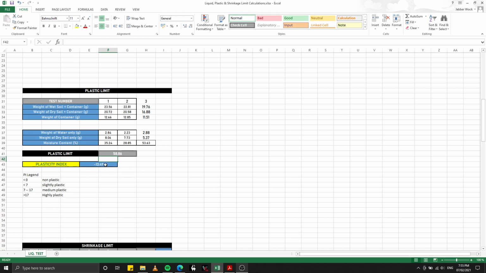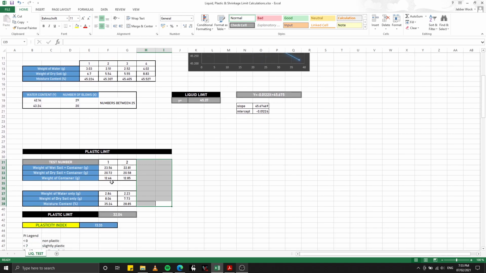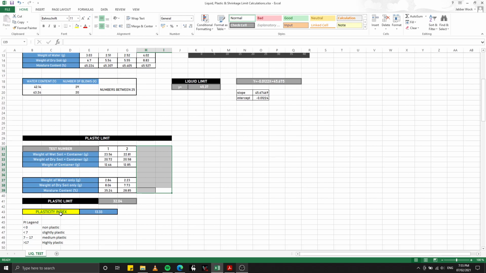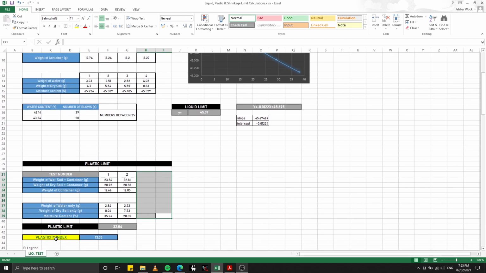Now, for the plasticity index, para makuha natin ang plasticity index, erase ko na to. Para makuha natin ang value ng plasticity index, we need to have the value of the liquid limit. Okay? So, kung wala kang liquid limit, hindi natin makukuha ang plasticity index. So, since meron tayong liquid limit, makukuha natin ang PI. What we need to do is to subtract the liquid limit and the plastic limit. Example, 45.37 minus 32.04, giving us